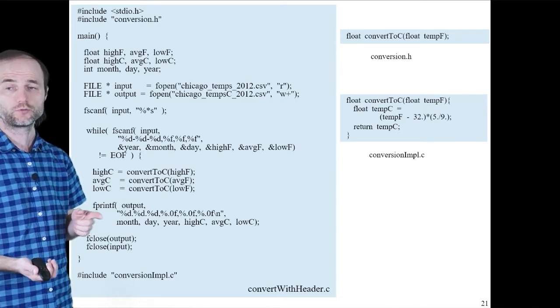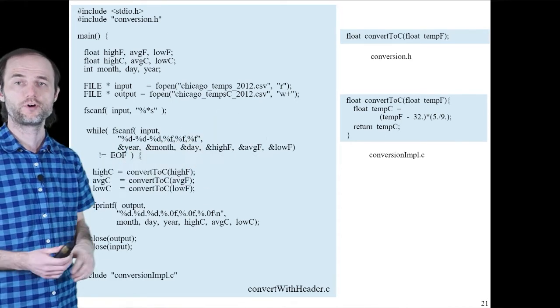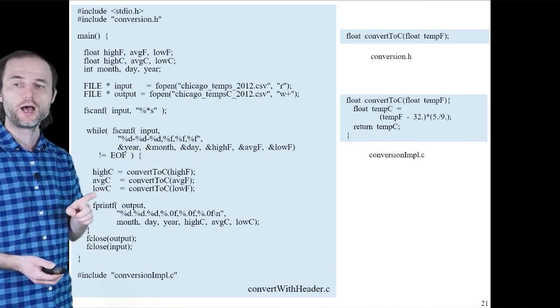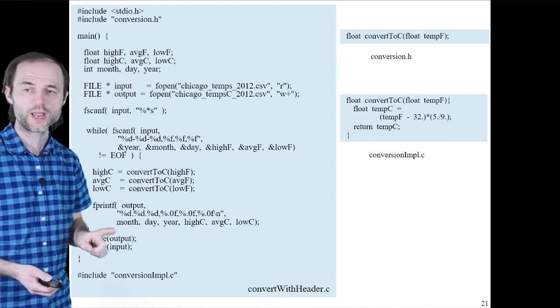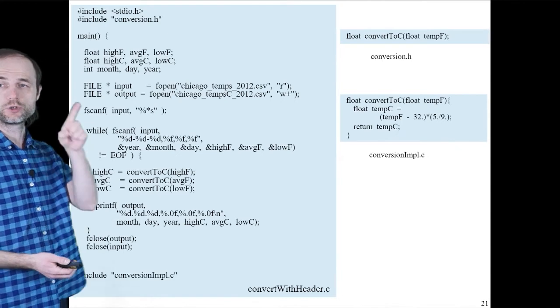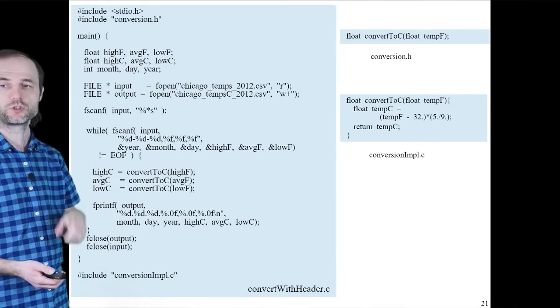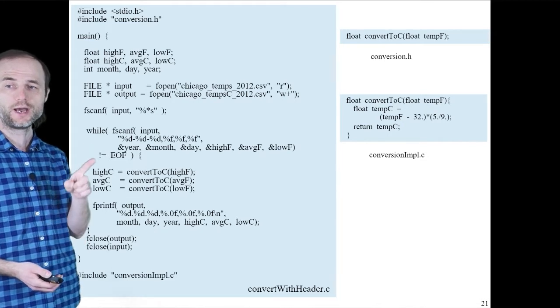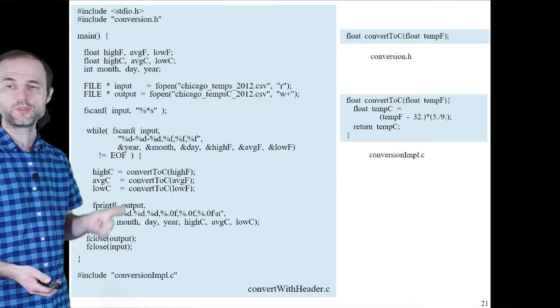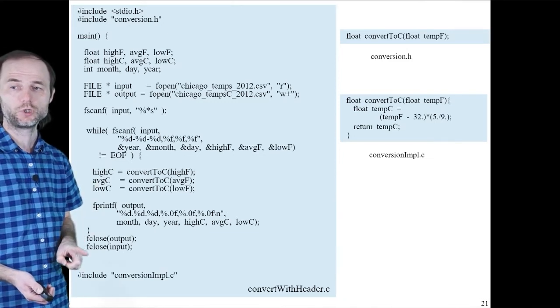Finally, once we've converted those temperatures, by reusing the same code of Fahrenheit to centigrade conversion, we're going to write the converted temperatures to the output file. And we're going to go back and read the next line and process it, and so on and so forth, until we're out of data. The fscanf returns the end of file, the loop will no longer continue, and we will close both the output